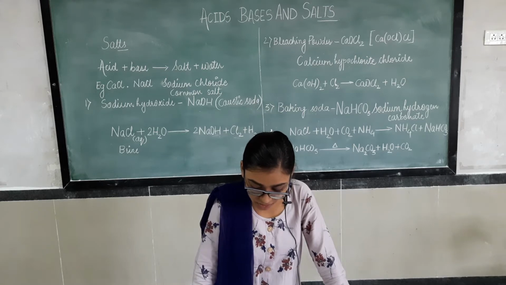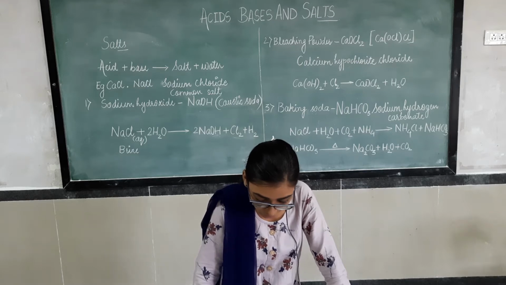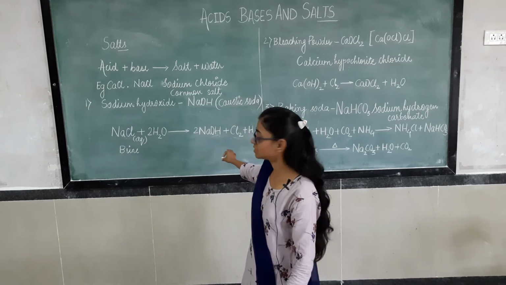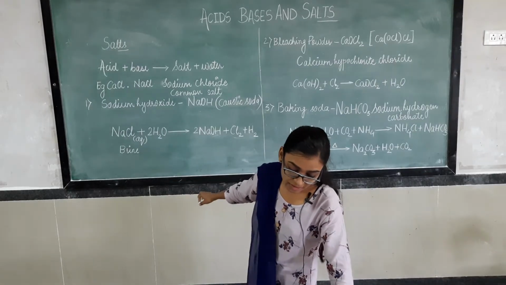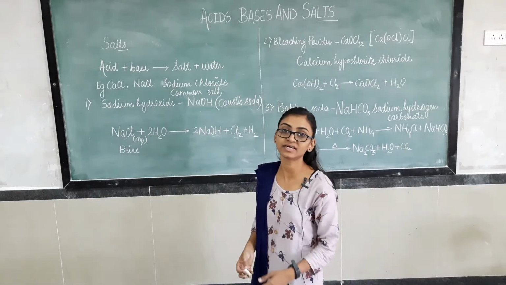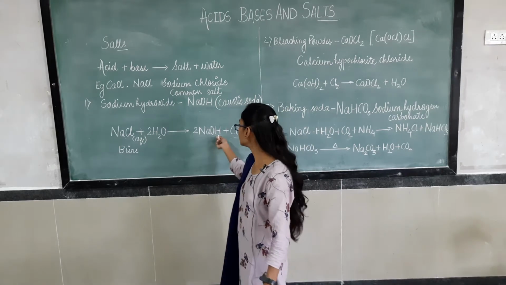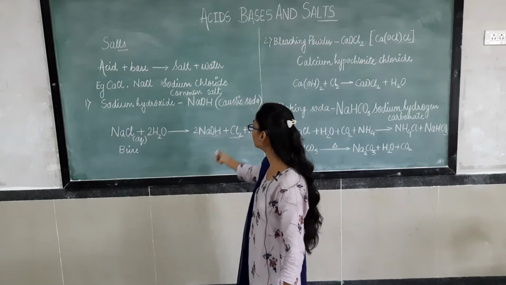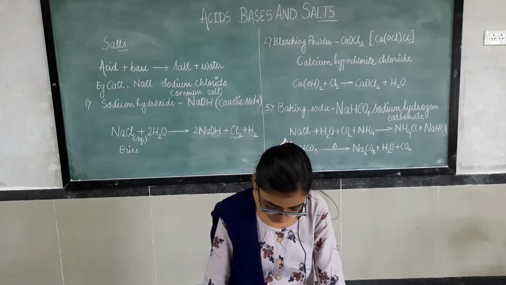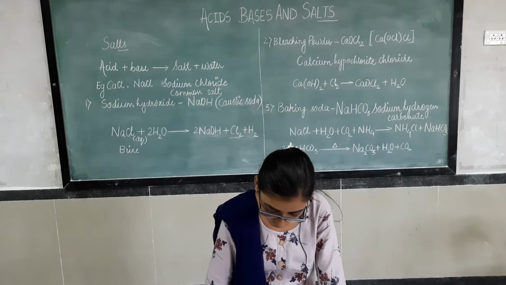The process is called the chlor-alkali process, because of the products formed: chlor from chlorine and alkali for sodium hydroxide. Here sodium hydroxide is an alkali. Alkali we have seen yesterday, an aqueous solution of any base is known as alkali. So here alkali is formed and chlorine is liberated separately, so we have mentioned chlor here. Now this chlorine gas is given out at the anode.